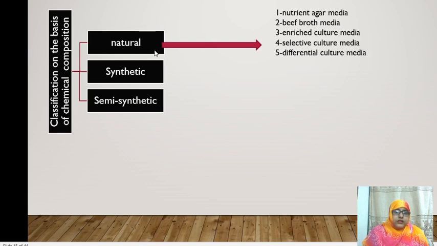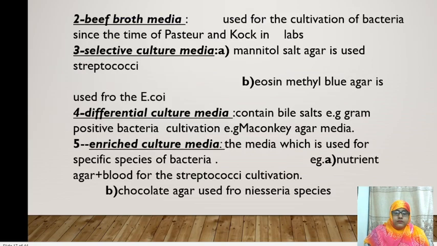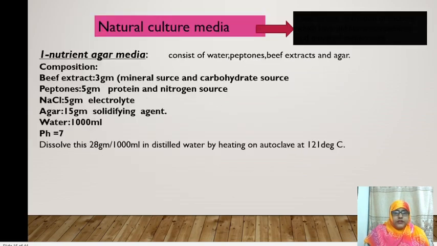The natural media is of further different types like nutrient agar media, beef broth media, enriched culture media, selective culture media, and differential culture media. These are different types of media on the basis of chemical composition. And in chemical composition, we are discussing first of all the natural type. Then natural culture media, basically